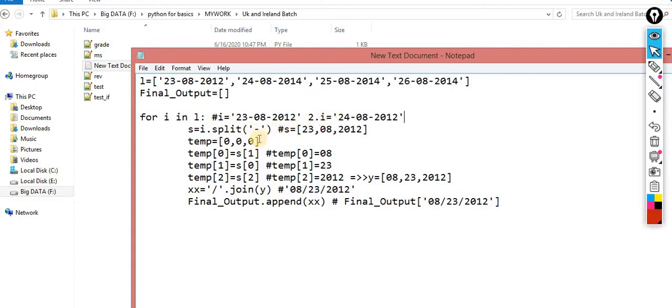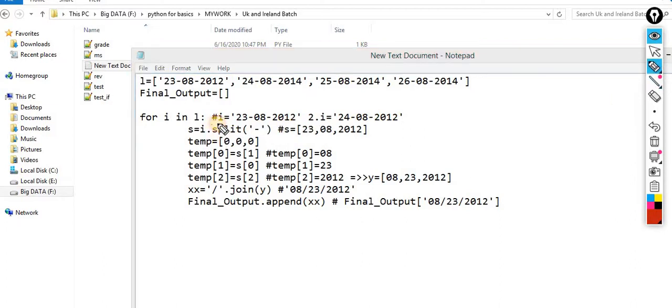Okay, again temp becomes 0 0 0. Okay, it is just a temporary container. Just imagine it. You have one glass that contains milk, okay, and you have one container where you have to add sugar. After adding the sugar, you have to add that sugar and milk inside some other container, something like this. Okay, let me draw now. I think the picture is more clear with the help of these comments.